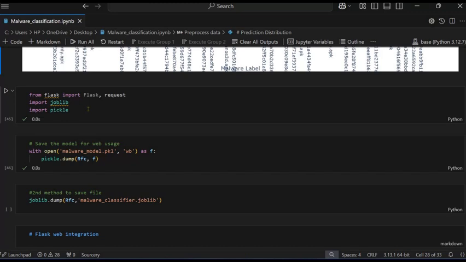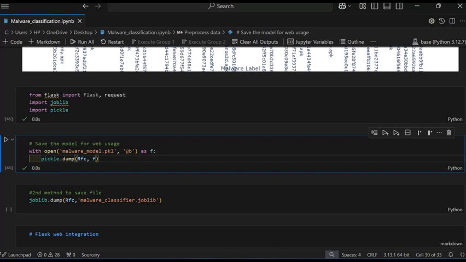So pickle is used to save a Python object like an ML model to disk. Using pickle we can upload the data or any file. First we save the file, the actual file of the dataset named malware_model.pkl. The .pkl is the extension to save the file as a pickle file.